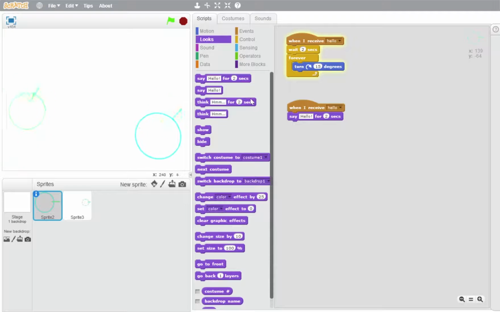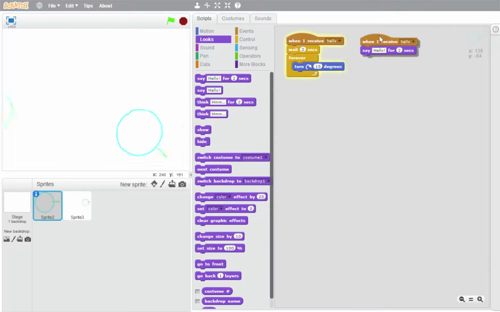And under looks, we will also go over that in this video. Under looks, you can make it show the object, show itself. You can make it hide itself. You can also switch costumes. So if we're going to switch costume, we need to